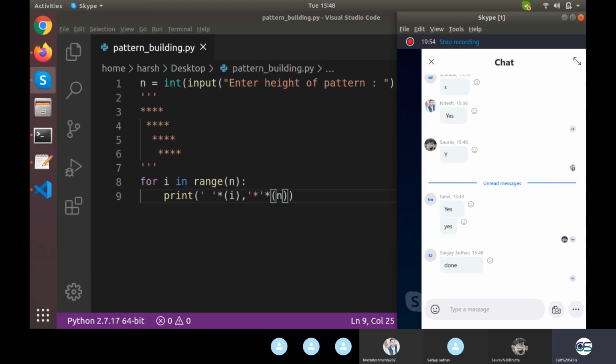What about others? Shankar, Saurabh, Nitesh, Tanvi. Yes, sir. Shankar, is it done from your side as well? Great.